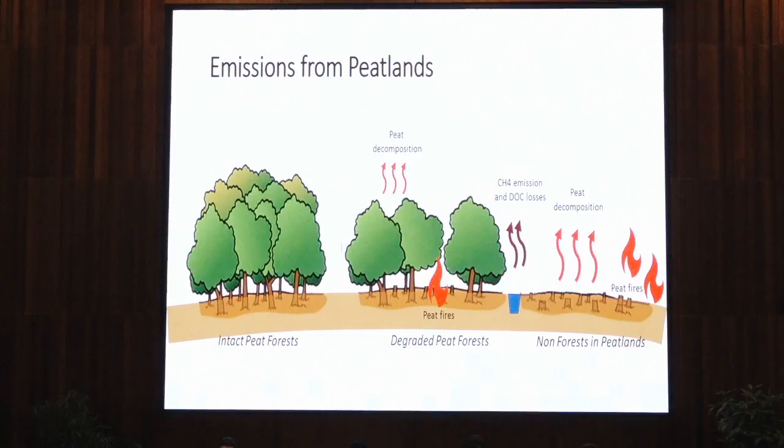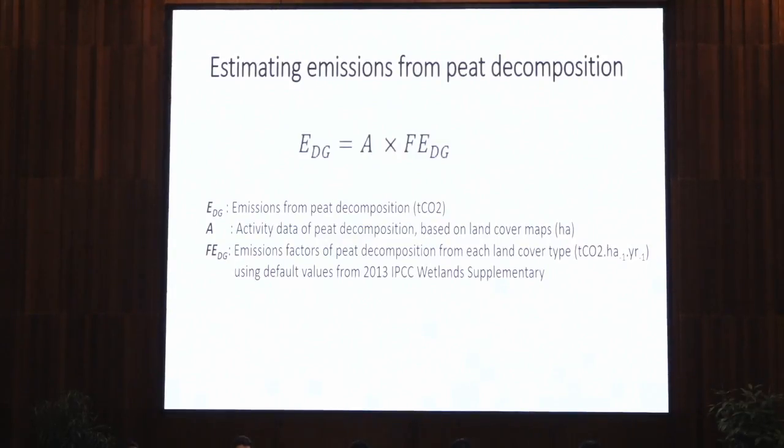So we can see a lot of emissions from land cover change, which is above ground carbon stock, occurred in 2015 because of fires. So this is the emissions from peatlands. We include the peat decomposition, peat fires, and also emission from canals, which is methane and DOC losses. Yeah, the same emission factor multiplied by activity data, but for peat decomposition, again we use the IPCC Wetlands Supplement